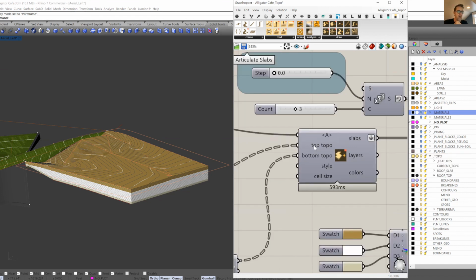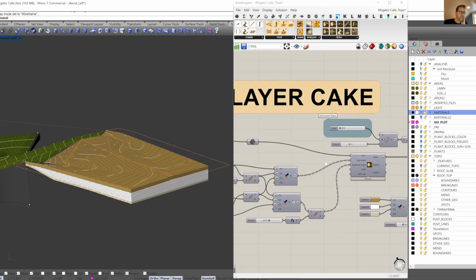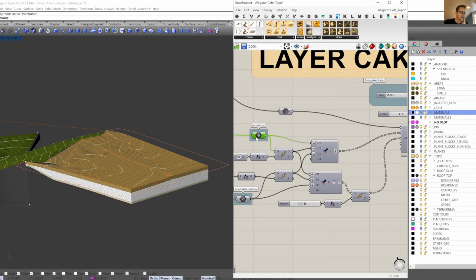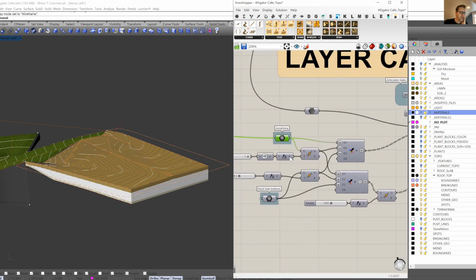And if you give it your top terrain and your bottom terrain, and then you give it the area shape, it will draw a slab that describes the whole three-dimensional piece. And what we've done here is we've said, okay, get the top of the ground and move it down 1 foot to make 1 foot of soil thickness. And then we have our roof slab, which we drew earlier, and move that up half a foot, or, you know, also known as